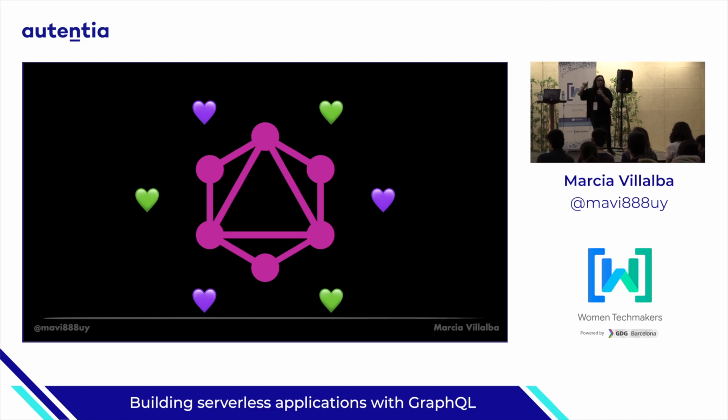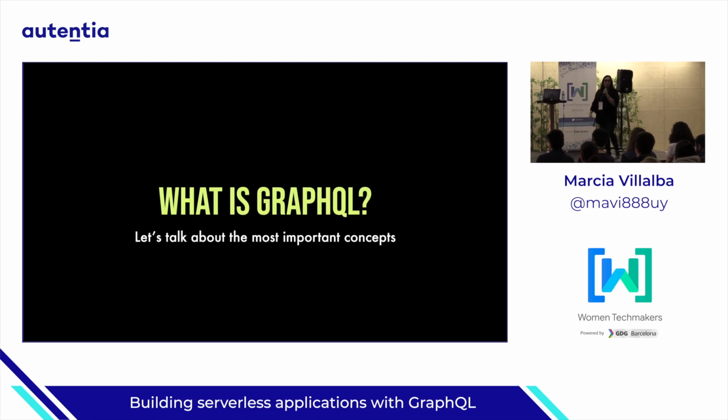But this is not a talk about trashing REST. I use REST for 80% of my projects, so it's not that I hate REST. I think REST is great, and GraphQL is great. You just need to use the right tool in the right place. So don't think that I'm trashing REST. I love REST, but I have seen so many wrongly defined APIs that sometimes GraphQL is the right tool to go. That's something you need to decide in your project, if it's the right tool, and sometimes it's REST, sometimes it's GraphQL. After I give a little brief description of GraphQL, I will move on to the serverless part of it. But I think it's good to start with what is GraphQL.